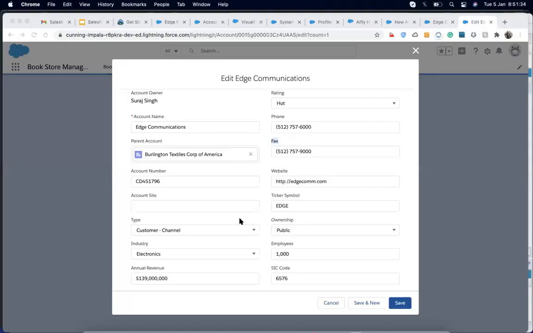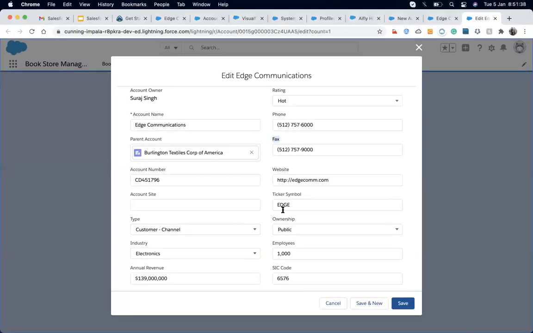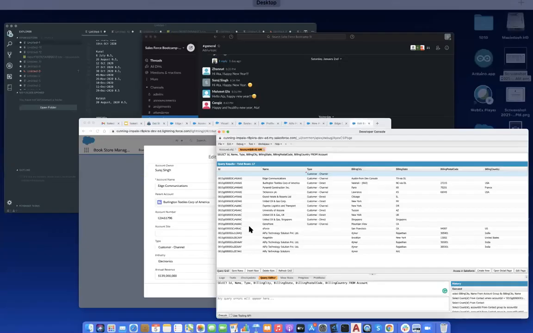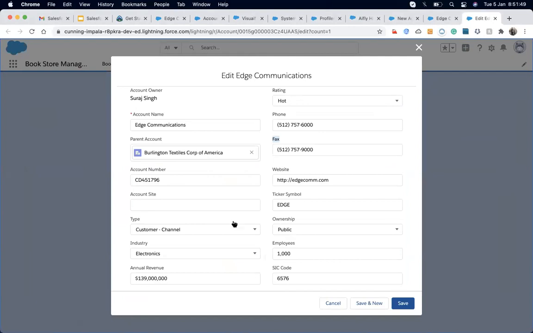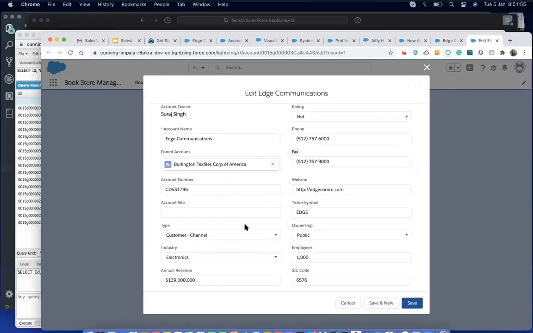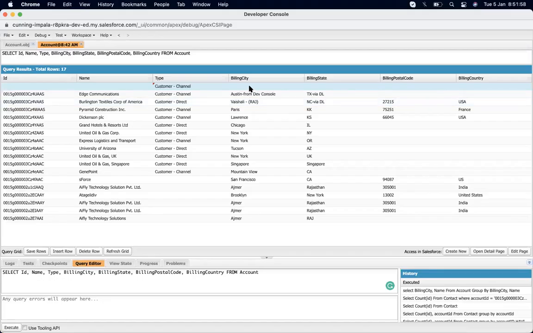Apart from that, suppose I had created any validation rule, it will work in both places. Any process builder or workflow rule you created will work in both places. The only exception is the page layout: suppose I make some of the fields read only on the page layout, we can still edit that field from up here. Okay, so object level required connects directly to the database, but page level doesn't mark it as a required field on the database.